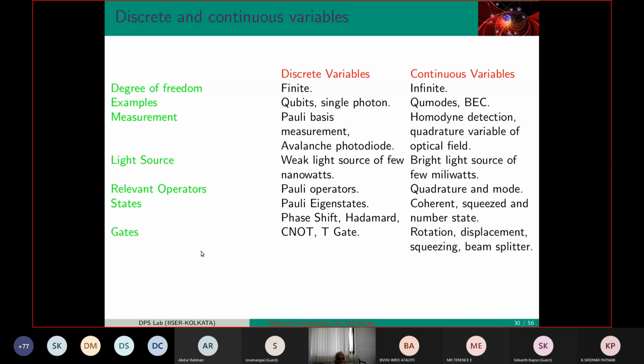All right. Now, as I showed you, either you can do computation using qubits or continuous variables. These things are becoming popular now. For qubits, you can use photons, you can use quantum dots. Detection mechanism is different. You have to use light, like single photon kind of thing, very weak light. So these are the kind of things you have to use. Controller, Pauli operators. Now for continuous variable, the mode of detection is different.